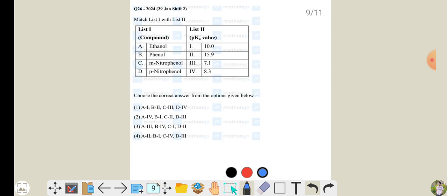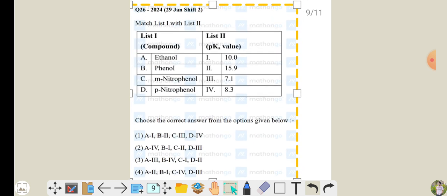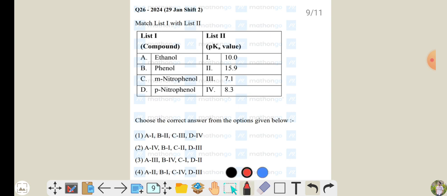The next question asks us to match the following compounds. Let's make it a little bigger. They are asking to match list 1 and list 2. Sometimes students may feel, sir, how can we know the values? You don't need to know any value, you just have to know simple things like Ka more